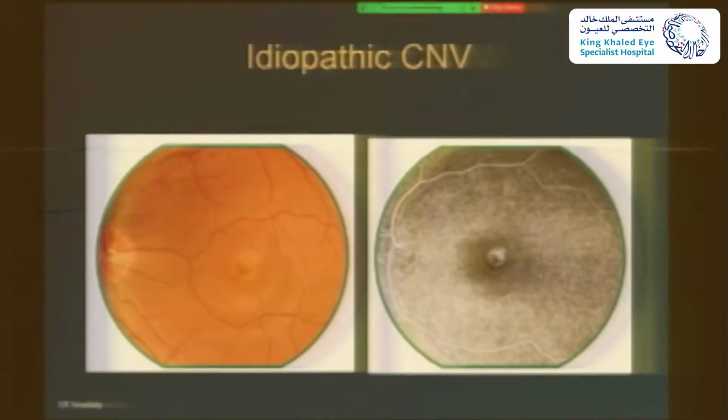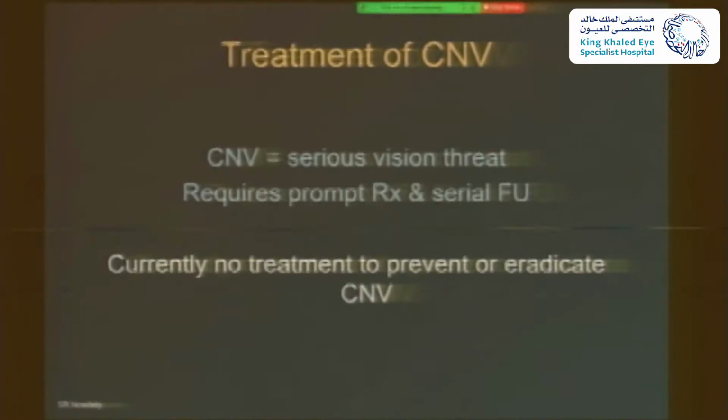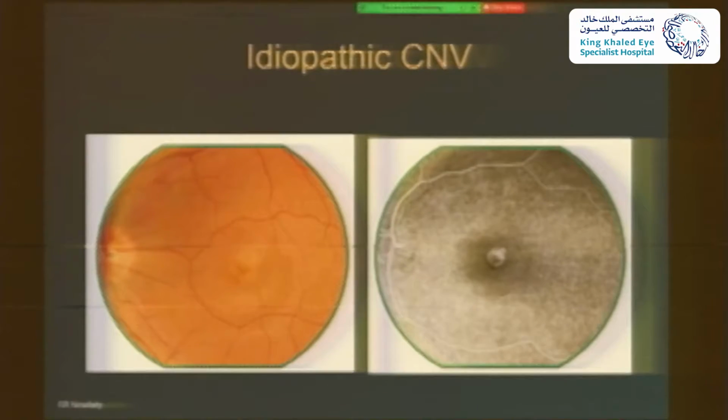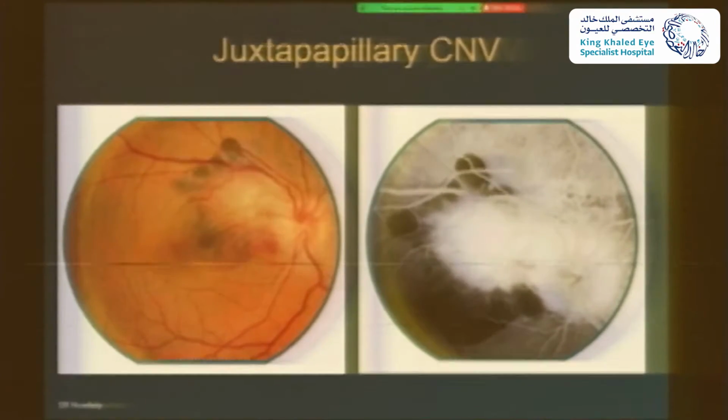Idiopathic, as I said before, is when we look for a cause and we don't find one. We think these are inflammatory. They usually happen in younger people. They're usually classic, okay? They have early hyperfluorescence and late leakage. And then, of course, there is also the possibility of getting juxtapapillary